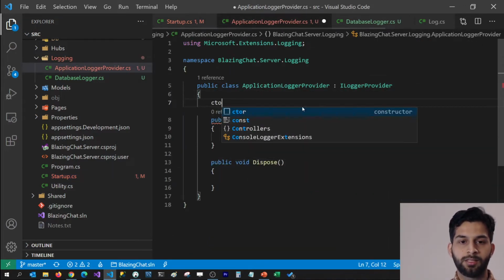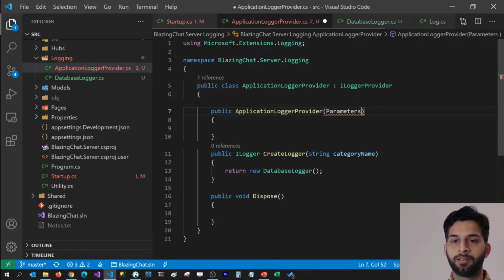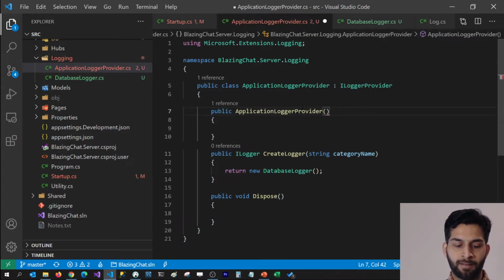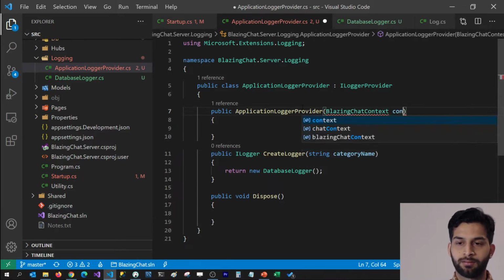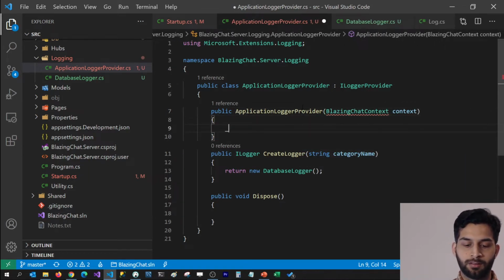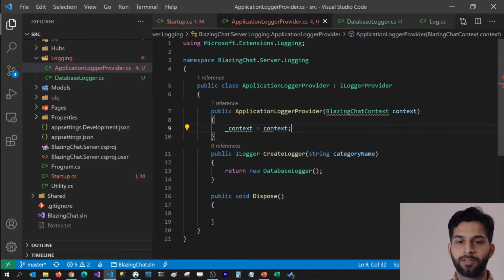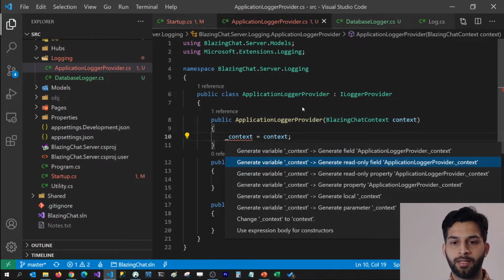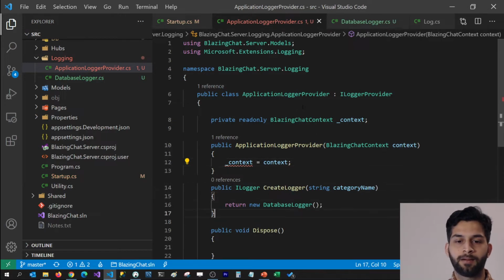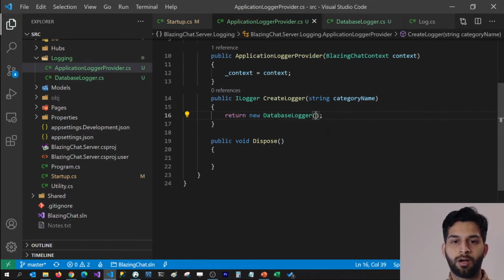I'm going to say ctr, and here I'm going to expect Blazing chat context, and I'm going to assign that to a read-only local property. First, let's get the namespace and add a read-only property, and then pass that context to our